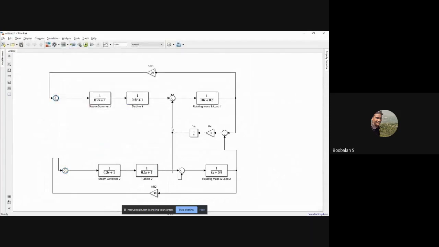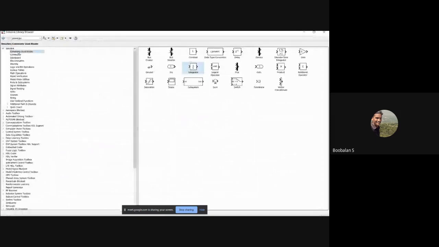Right now I need to verify my frequencies, right? So my change in frequencies, speed governor 1, turbine, everything is now correct. I need to verify my change in frequency del f, right? So del f1 and del f2, I need to verify these two frequencies. For that purpose I need a scope. Go to the Simulink library, go to scope, find it, add to block model, right?